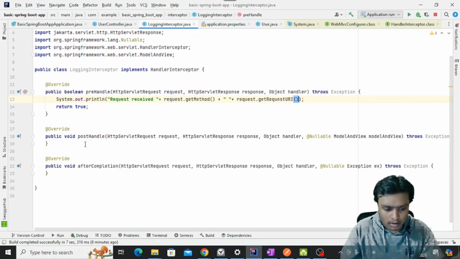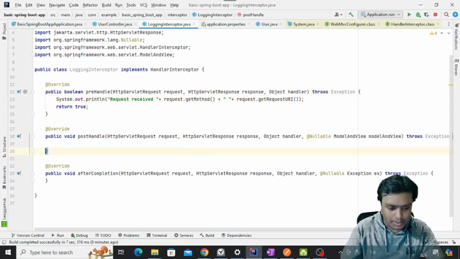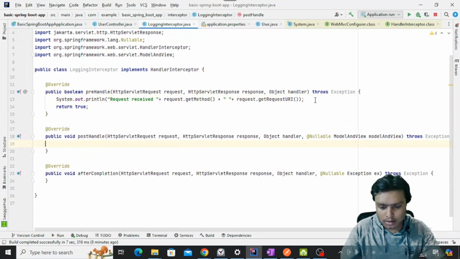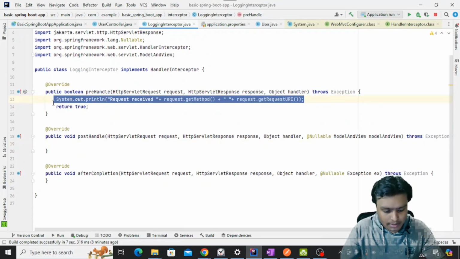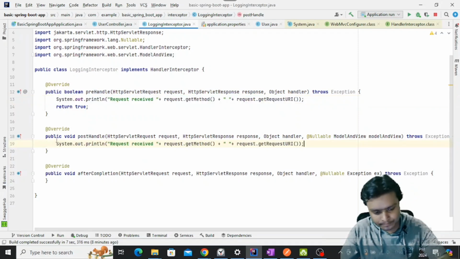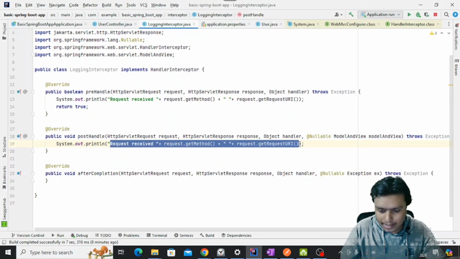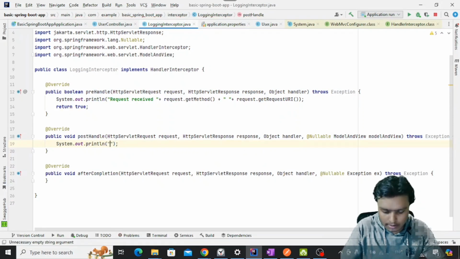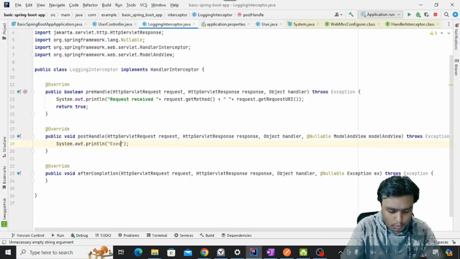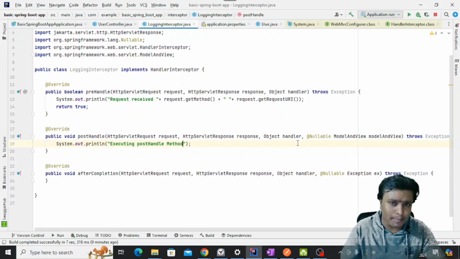Inside the postHandle method, again I will just print a statement, something like this: executing postHandle method. Let's keep it simple for now.